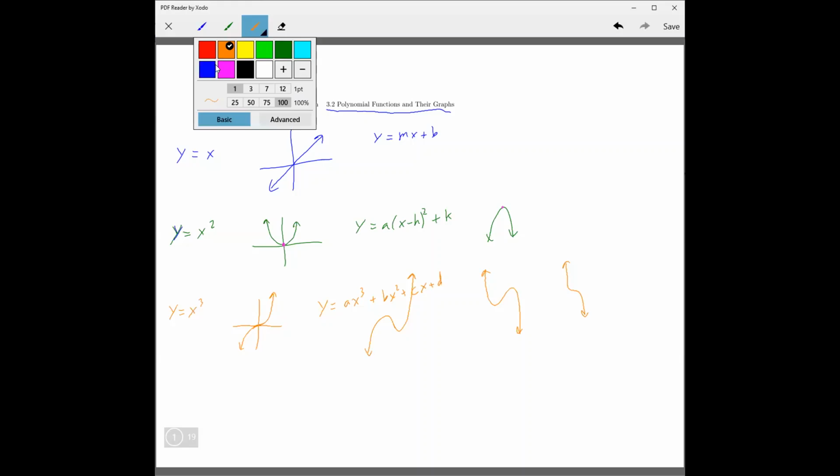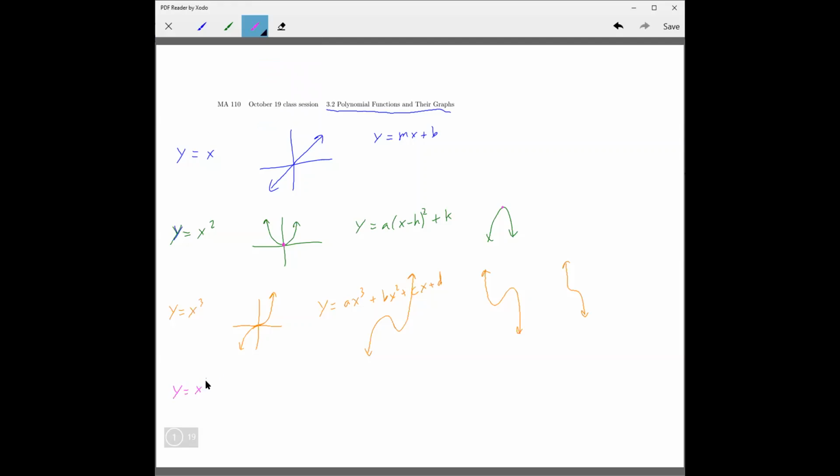Okay, and then the last one would be, well, we can keep going up and up and up, but here's y equals x to the fourth, and that's generally going to be looking like this. Just really flat. I mean, flatter, it's going to be flatter here than this one. I probably didn't even draw it flat enough. Okay,